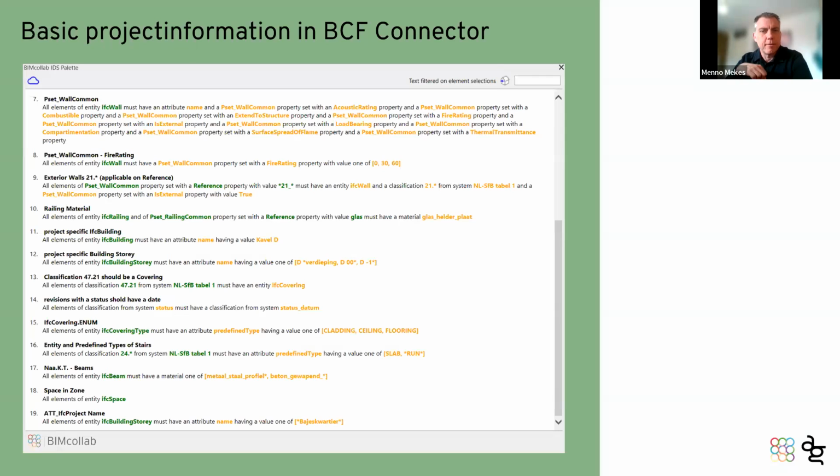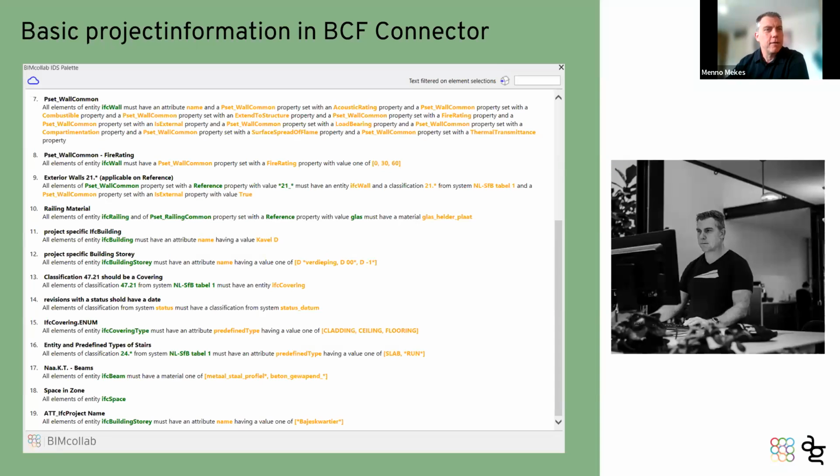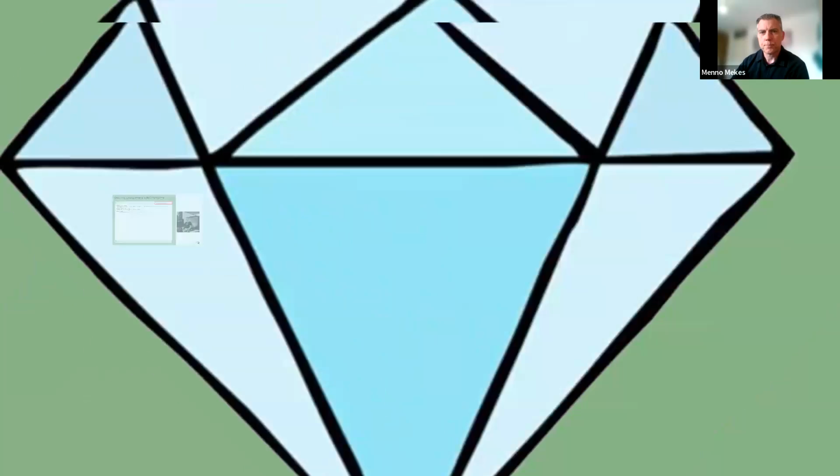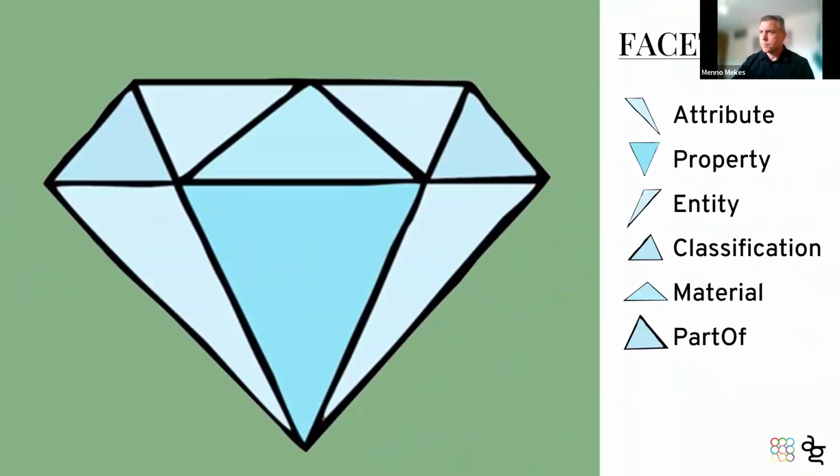So it's a good thing that the BCF connector is now also upgraded with an IDS palette. So the required data is exactly where the modeler is in their authoring tool. And we will probably get some large specifications to deal with. So this search bar is very welcome. And of course, more functionality will be added. So I think we're halfway through these easy